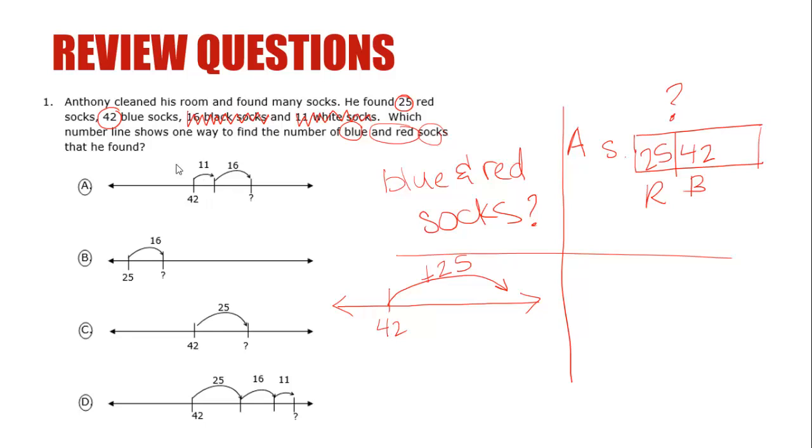So A, they use 11 and 16. That's black socks and white socks. We've already decided that that's extra information, so A cannot be correct. B, they use 16. That's extra information. Can't be the right answer. C, they started at 42 and went forward 25. Maybe, put our eyes on that one. 42, and then they went forward 25, 16, and 11. No, that'd be if you were adding all the socks together, and that's not what our question asked. It just asked for blue and red socks. So C is the correct